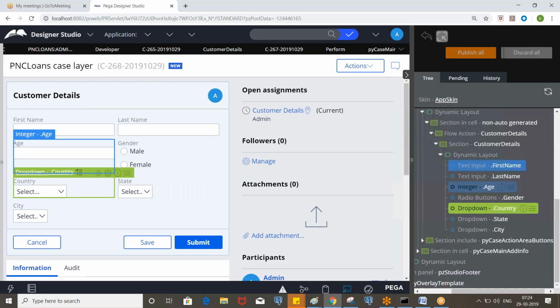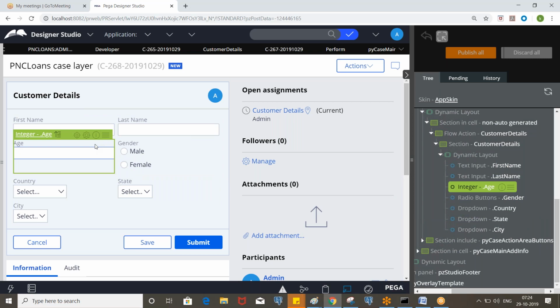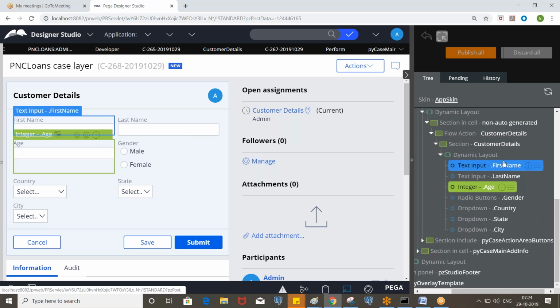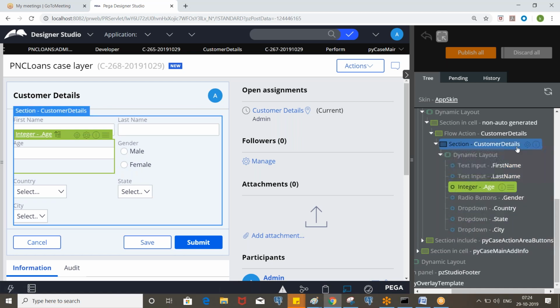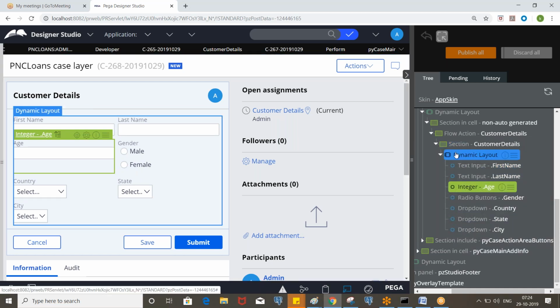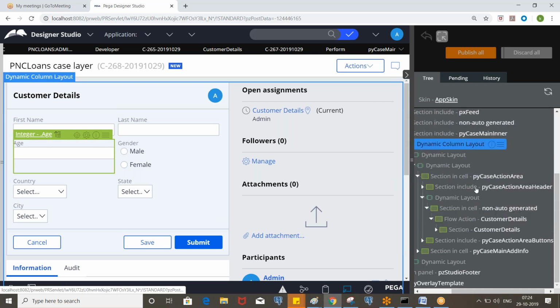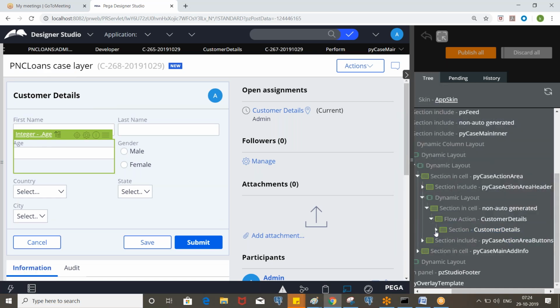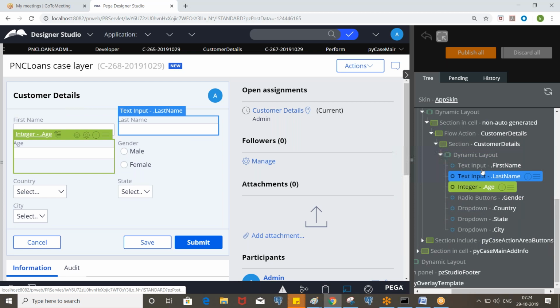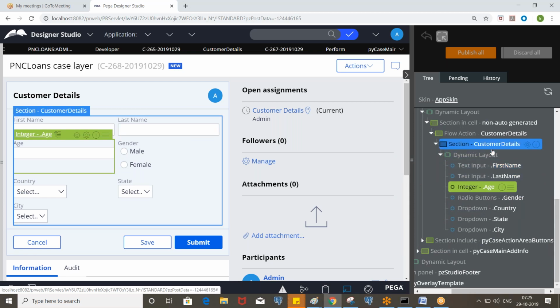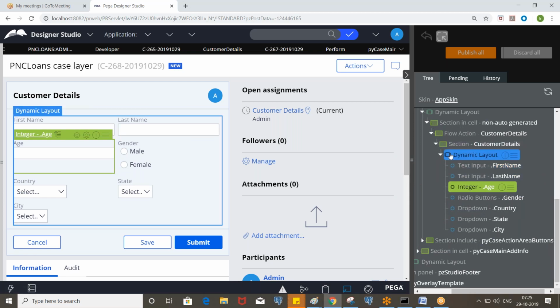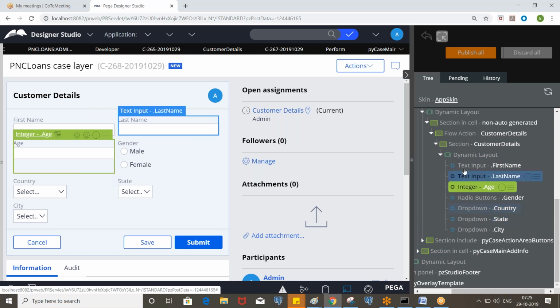So now this is our section, where first name, last name, all the properties are available, and see these elements are available in the customer details section. So you can identify like this. Now if you close the customer details, you don't see any properties, right? That means these properties are part of customer details. If you expand, then only you see these properties, right?